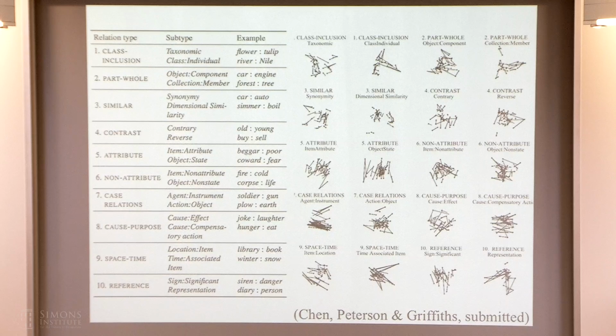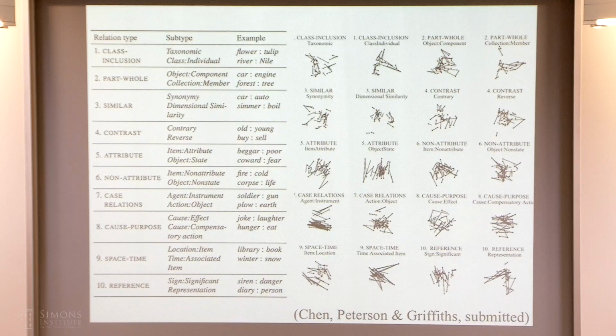The first thing that you should be able to see when you look at this is that this is a principal component analysis of the sets of points that correspond to each of the pairs in each of those relations. There are some types, like this one, object-state relations, like coward to fear, where it does seem like that linear parallelogram transformation model is going to do a good job of capturing those relations. And then there are other types which are very different from that, for example contrast or similar, where the underlying relation seems to be represented quite differently geometrically.